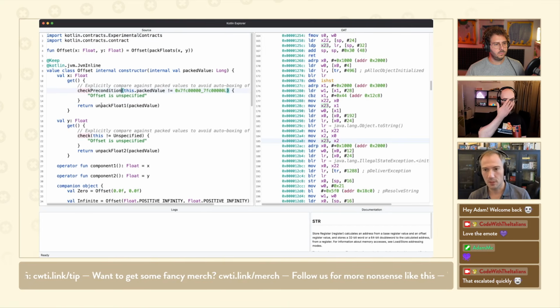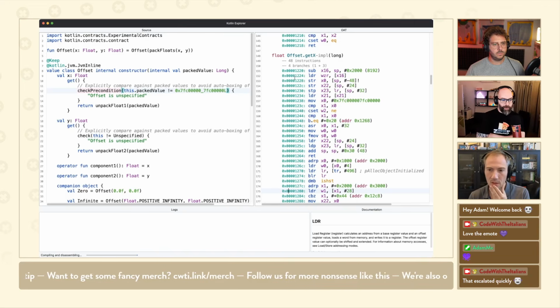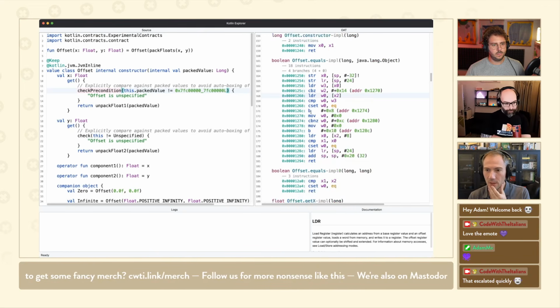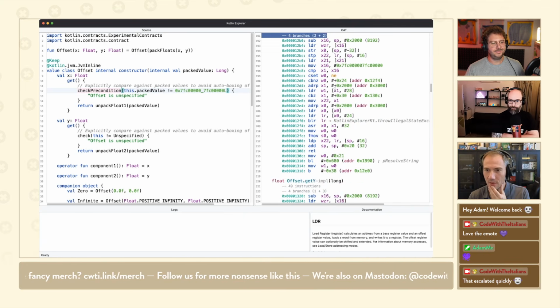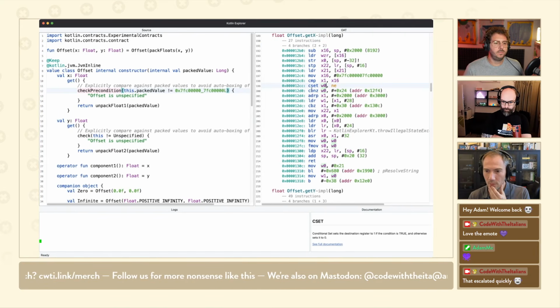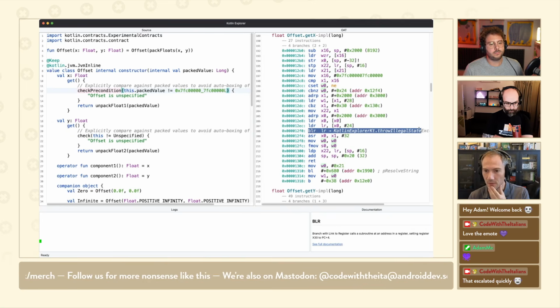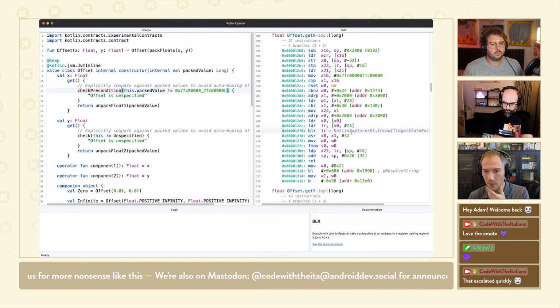Now if we recompile, we're at 48 instructions. Smaller and smaller. Now we're at 27 instructions, right? And now it's starting to look a lot better. Look at that, we can see that we're calling the function we just created. So the test is somewhere here, and then here we go in the failure mode. Otherwise, we do the actual extraction of the float.